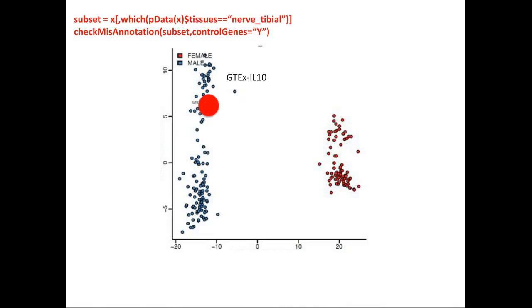Here, what we decided to do is to take PCA, principal coordinates analysis, and take a set of control genes. It's a very simple concept where you take a subset of genes that you know will be descriptive of a phenotype. For example, we can take the Y chromosome genes, and I don't remember which tissue this is, but you can subset to a particular tissue. It's nerve tibial, and we subset it just to the control genes, Y chromosomal genes,